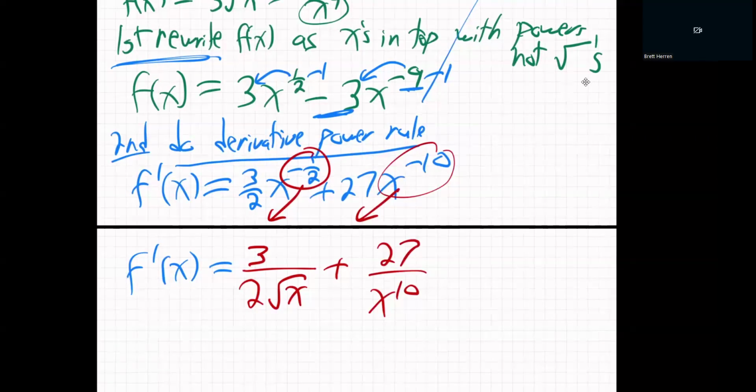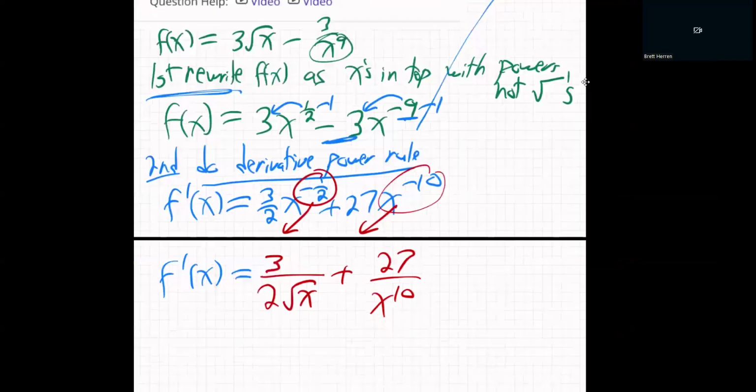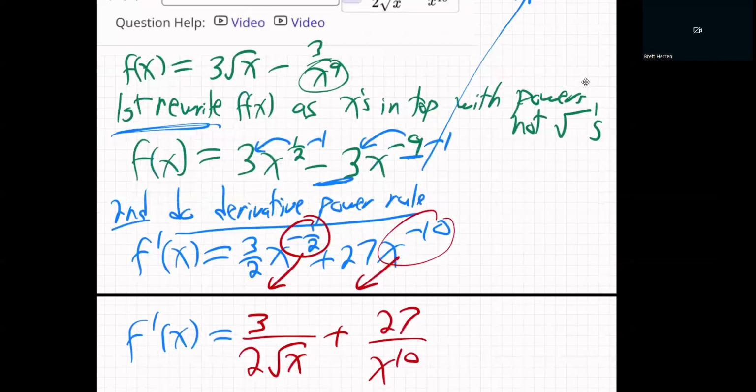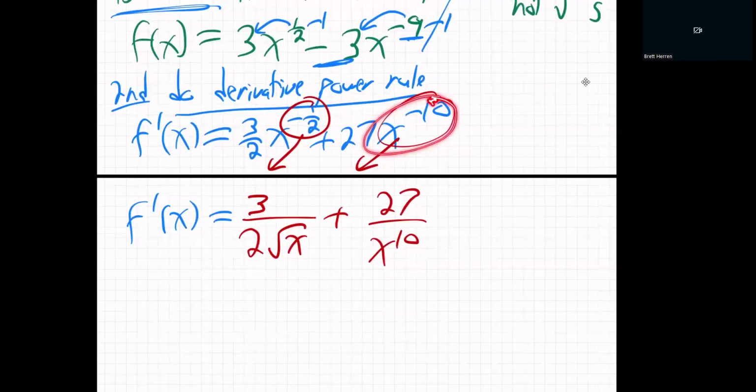So a couple of rules you need to know. Negative powers jump to the other side of the fraction and then they become positive. We did that twice. Originally, we had the ninth power. We jumped it to the top and that's negative 9. Same thing, right? Negative 9 in the top jumps to the bottom, positive 9. So a negative power is unhappy. It's like somebody that's negative at their job. They're unhappy at their job. They want to jump to a new job, then they'll be happy. So a negative 10 power wants to jump to the bottom, and then he becomes positive, happy. So same thing here. Negative half power jumps to the bottom, and then also the half power is the root.